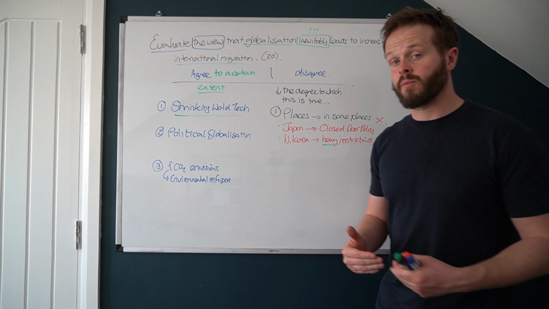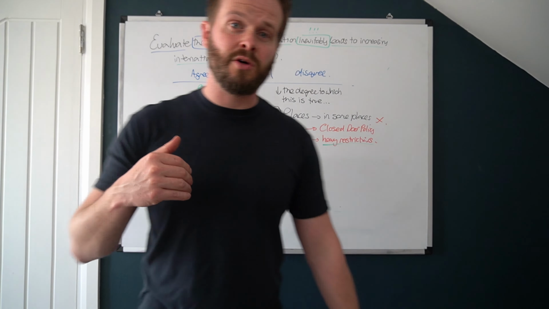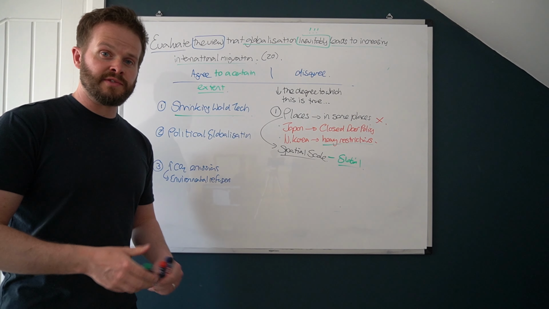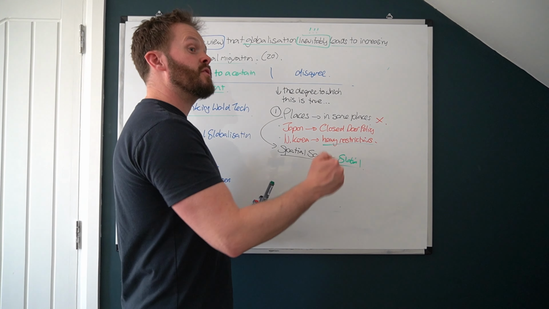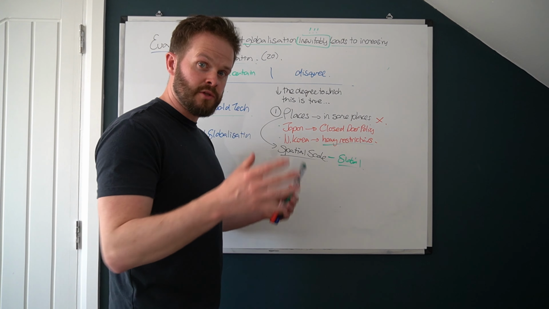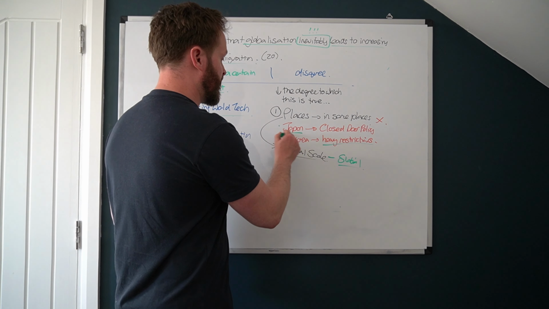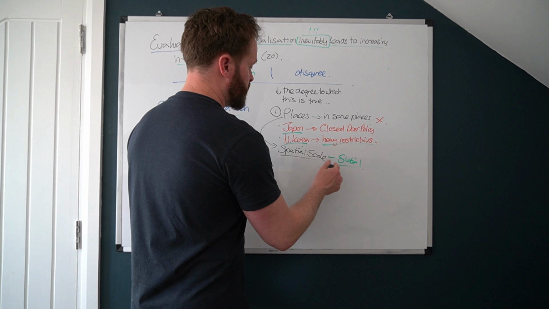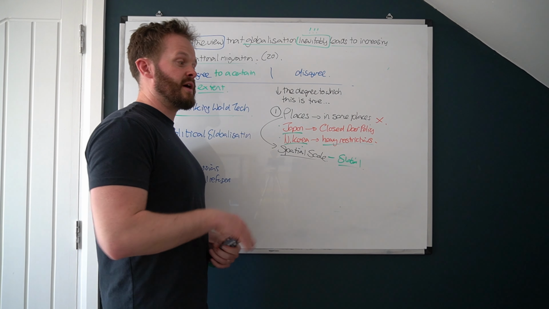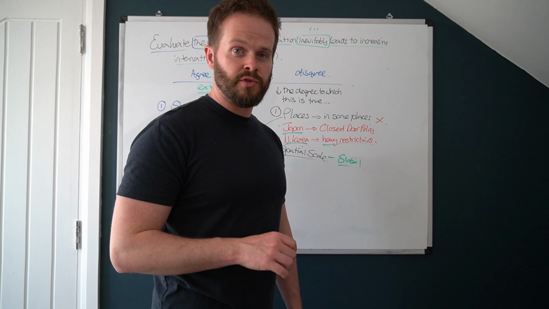If you're switched off from globalization, then international migration is not going to really be something that you experience a great deal of. So we could then even bring in spatial scale to that point. So we're thinking at the global scale, if we just consider the trends, yes, it would seem that there has been an increase in migration, and it would seem at the global scale like the main reason behind that has been globalization. But in some localities, no, that doesn't make sense. At the local scale, we have to consider that there are individual anomalies where this rule doesn't apply.